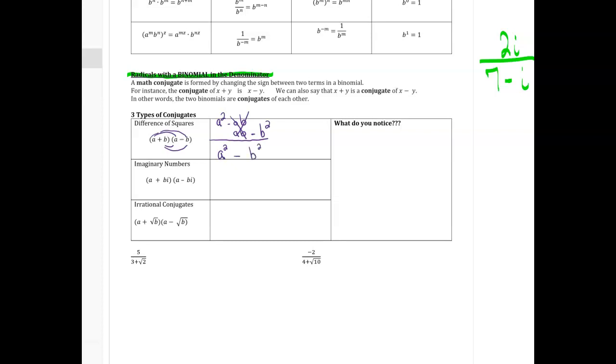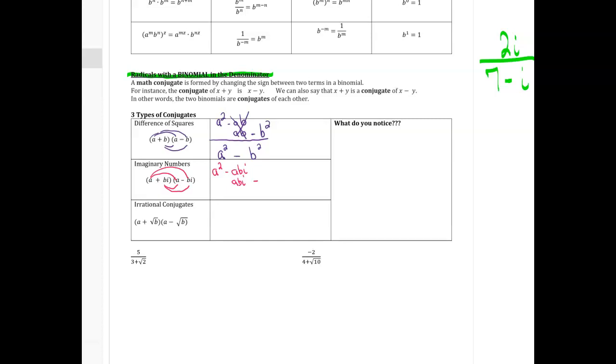Then in imaginary numbers, we did this again. This was our last section, and we talked about the conjugates. And these are just general letters. So again, I'm going to multiply. I'm going to get a and a, so there's a squared. A will distribute or multiply to this. I'm going to get minus a with b and i. And then the bi distributes or meets the neighbors, and I'm going to get a positive version of all of that. And then finally, the last terms multiply, and you get minus,